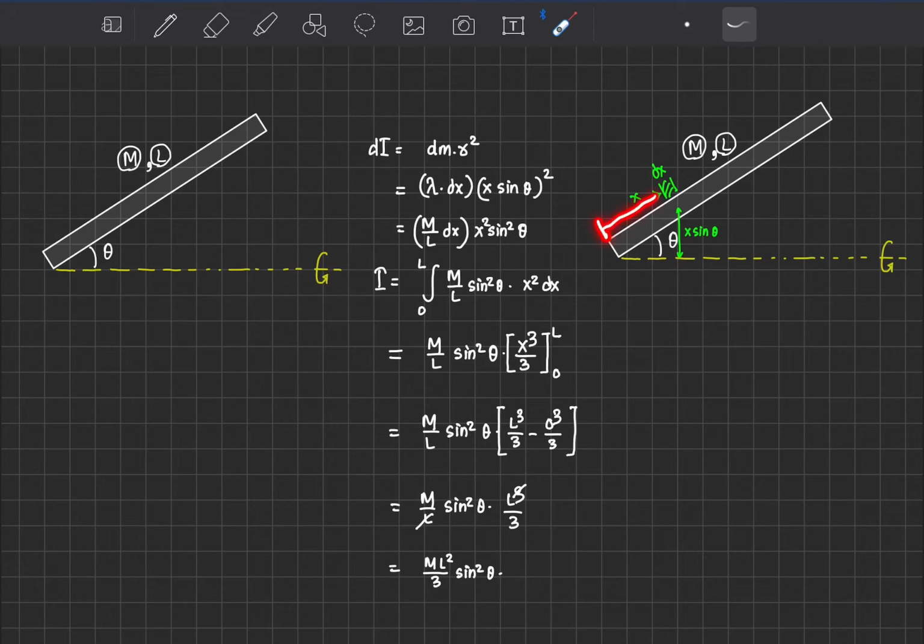From one end at a distance x, we choose a small element dx again here. Now this dx element's mass will be again dm, which is m by L into dx. This is the mass part. Now how much distance is this mass from the axis here? We have taken this distance as x. So here we are getting a triangle kind of structure like this, and this angle is theta, this distance is x. So this distance will be x sine theta, right? This distance will be x sine theta.